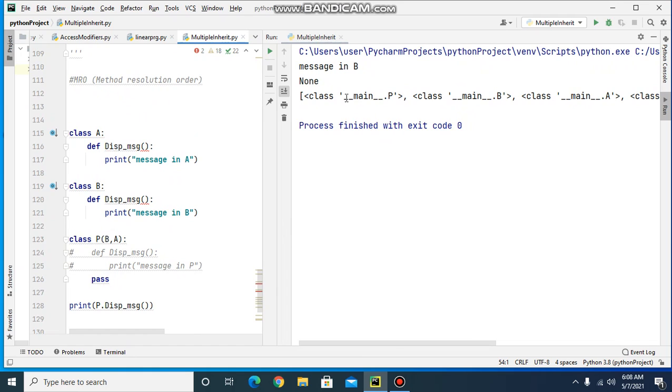This is the child class. Then since B is the first class here, that will come first here. Then after that the class A. So if I change it back to A, the first class after the child class will be A here.